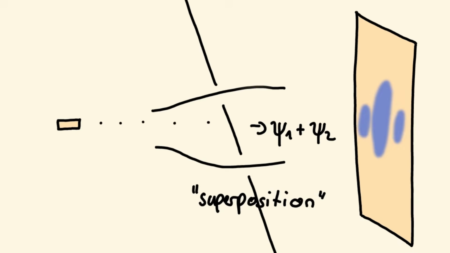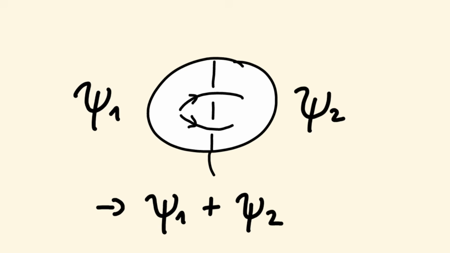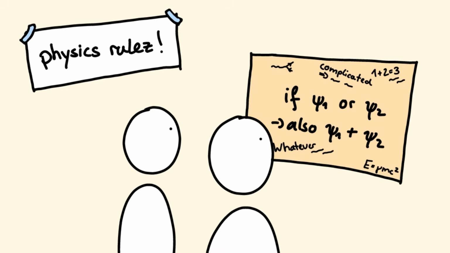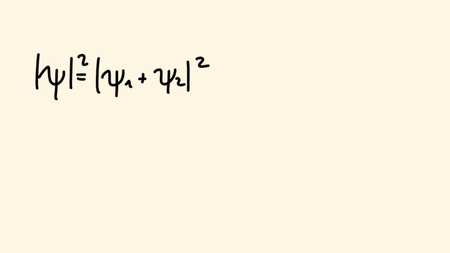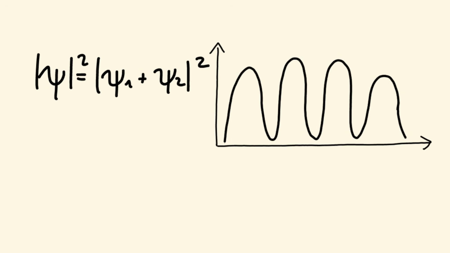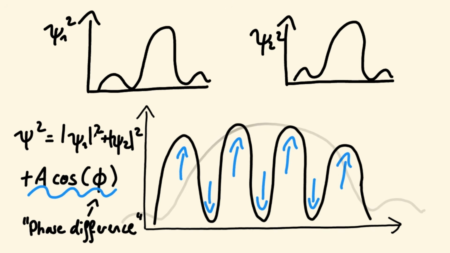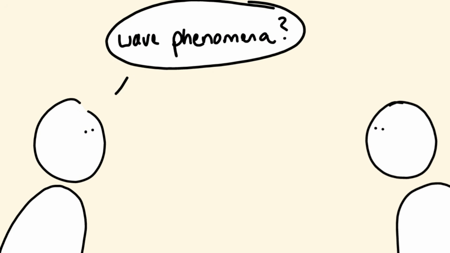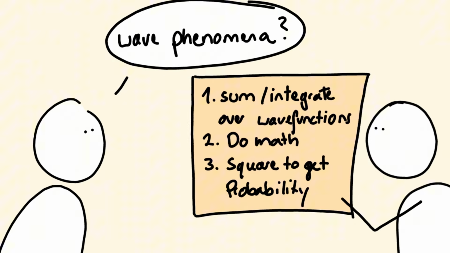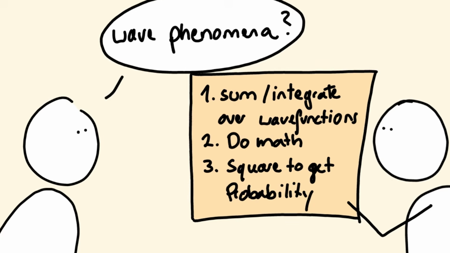The wave function that corresponds to the probability density of the double slit is actually such a sum. It is obtained by adding the wave function for electrons passing through the first to the one for electrons passing through the second slit. Importantly, to calculate the overall probability distribution, you first add the two wave functions together, and then you take the square. This way, the probability distribution contains this additional term. This interference term drastically shapes the probability distribution. So, to calculate wave phenomena, you first work with the wave function, and only in the very end you take